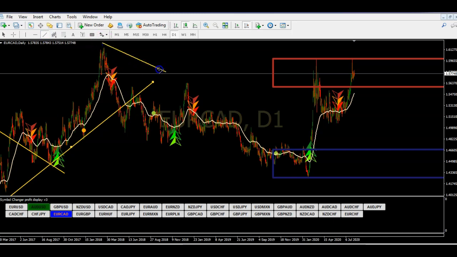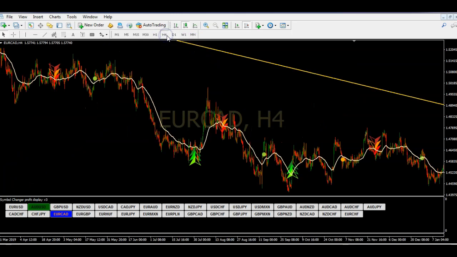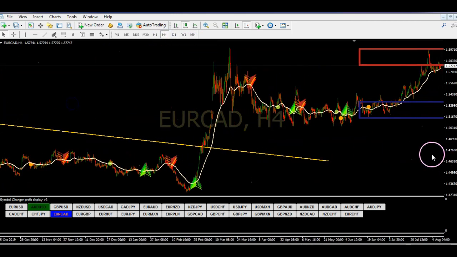And what the market's doing right now, it broke this. So look, with Simplicity, when it breaks the trend, Simplicity shows up and it tells you, hey, we broke that trend and we're going in an uptrend. Okay, if I go to the 4 hour though,